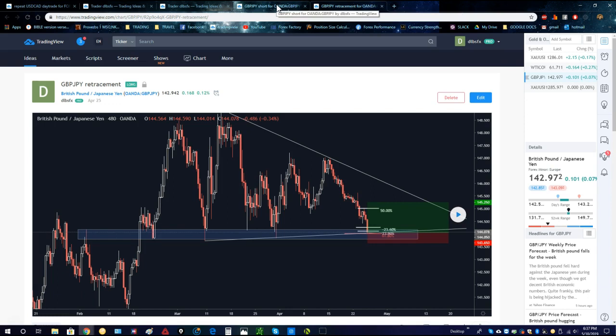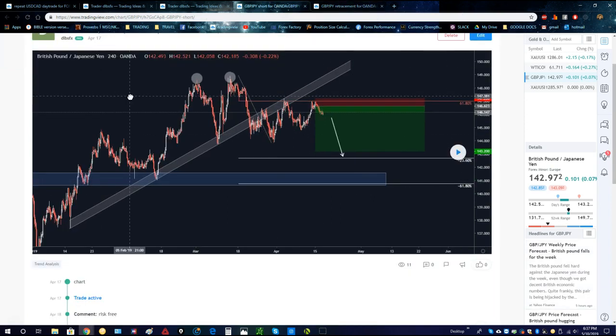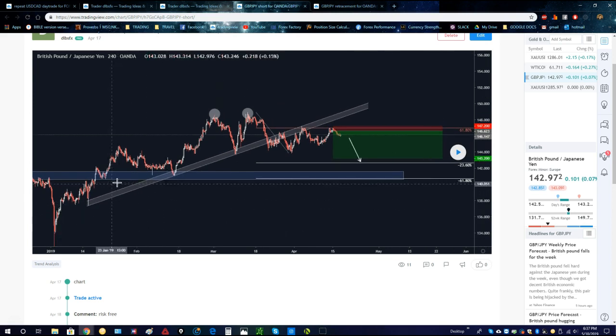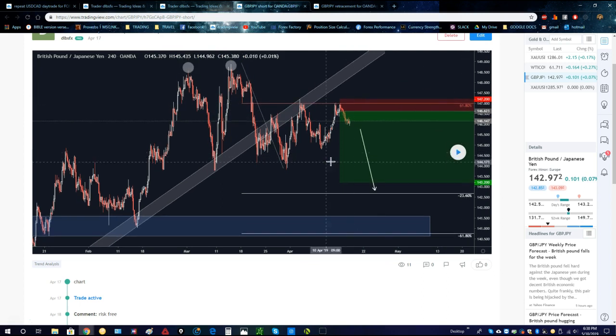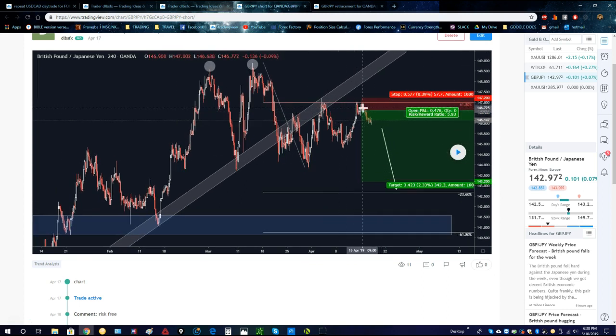GJ, let me do the initial GJ short. Okay, so this is a 4-hour chart. You can see clearly price action came up to around 149 and double topped, which then broke this ascending trend line here, consolidated a little bit, retested, pushed down, and then came back up and essentially double topped at the 61.8 of the initial push down. If you look closely here, you can see on the lower time frames this was a double top in and of itself. As we were rejecting that again, I felt pretty confident in going short on a quick little lower time frame retracement entry,